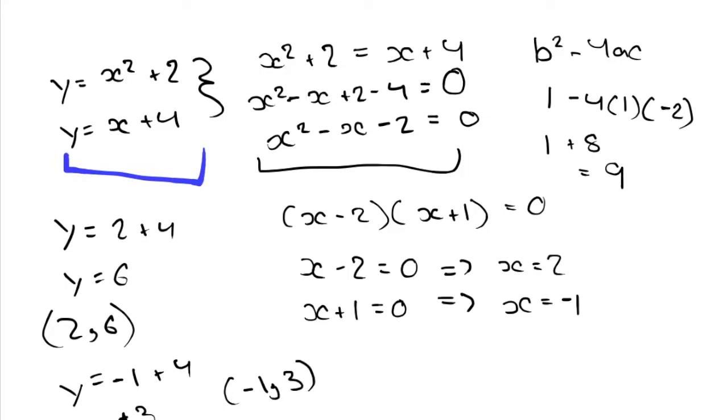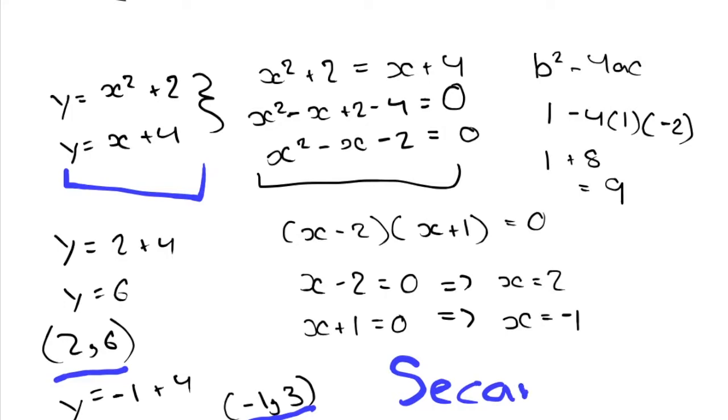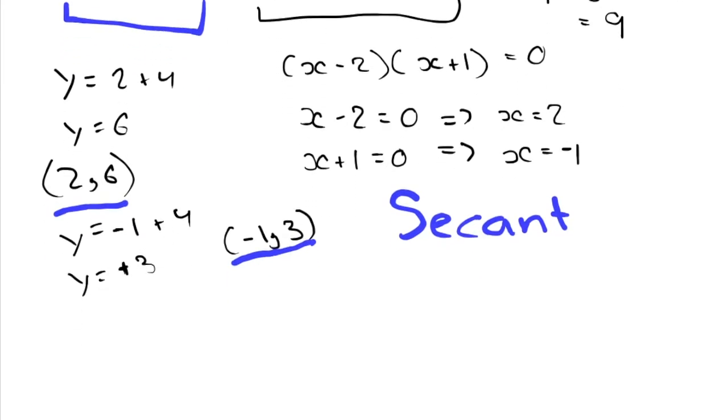And just like that, I have both points of intersection for both the parabola and the line that's intersecting it. And now that I have both the intersections, I know the line is secant because it intersects the parabola 2 times. Now, what if I had a question that stated, determine the y-intercept of a line with a slope of